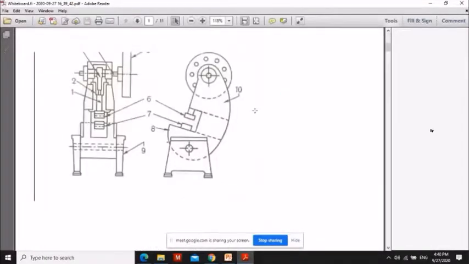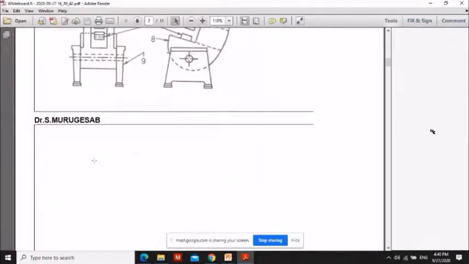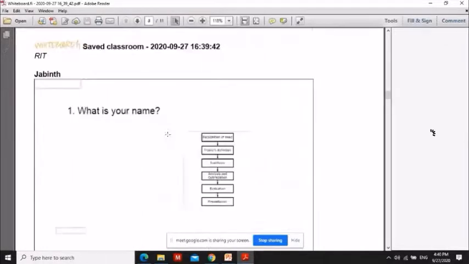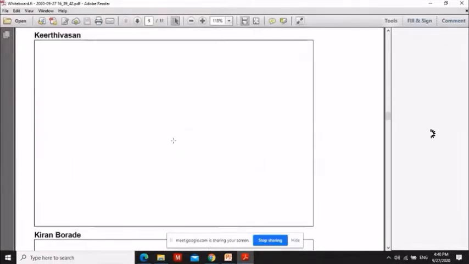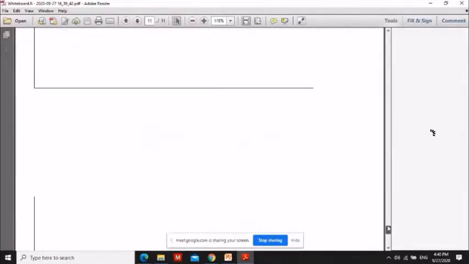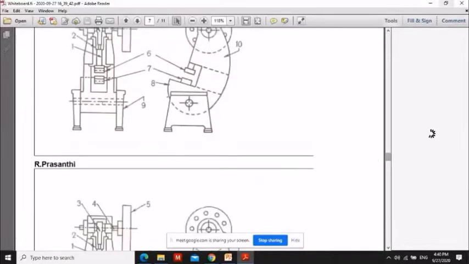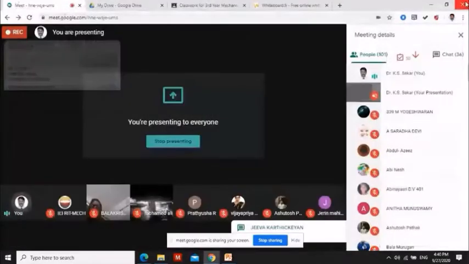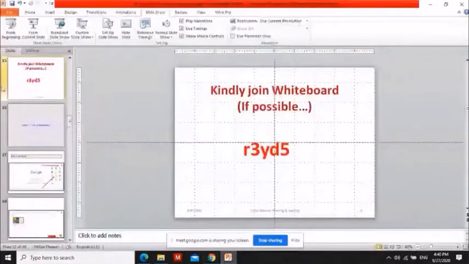Okay, so the individual students' responses as well as staff responses are saved as a PDF file. Okay, if all the things are in a single whiteboard, all responses will come. If you have added one or two more, the responses will vary. Okay, so that is the first tool of today's session, and